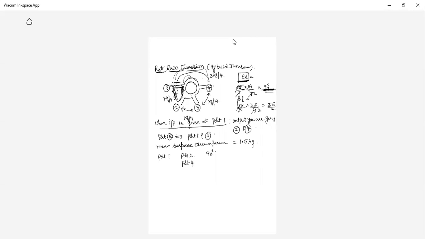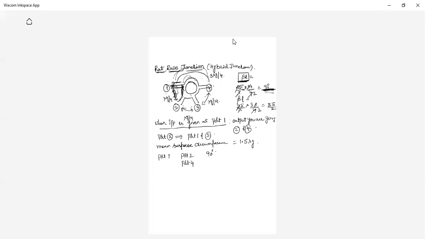Anyhow, it has 4 ports, no problem. Now port 1 to port 3, if you take, what happens? How much phase shift? It is lambda g by 2, which is nothing but 180 degrees you are going to get. So this is 90, this is 180. At port 3 you are getting 180 degrees.